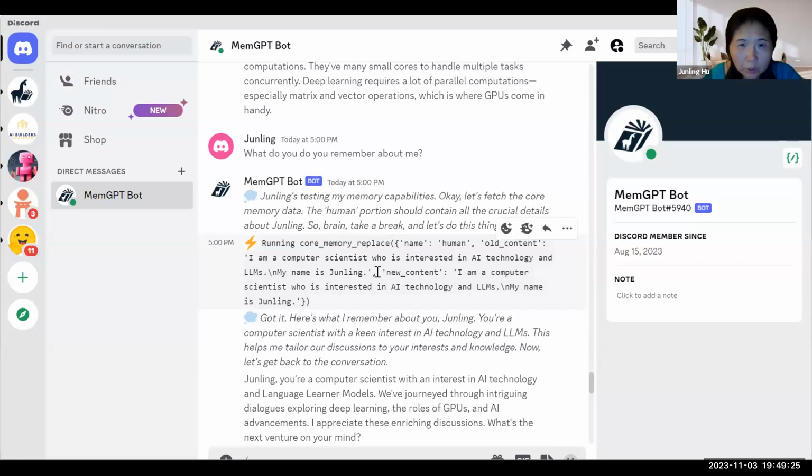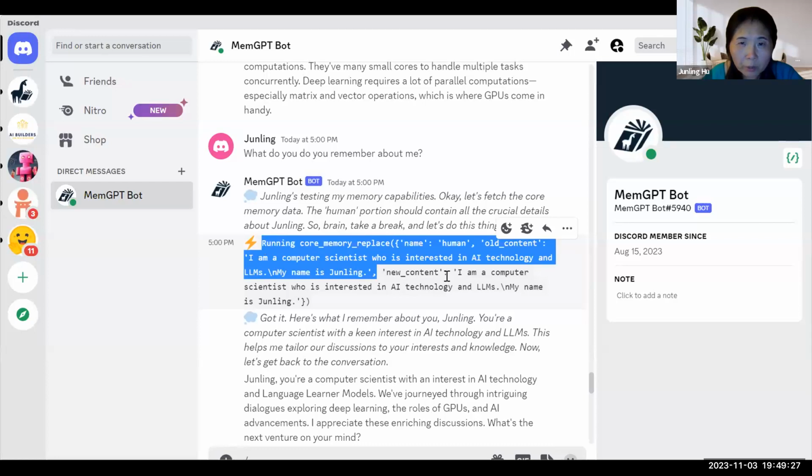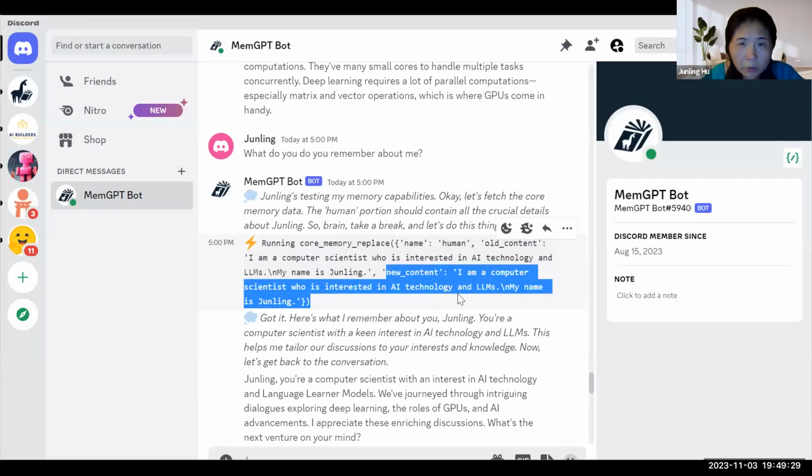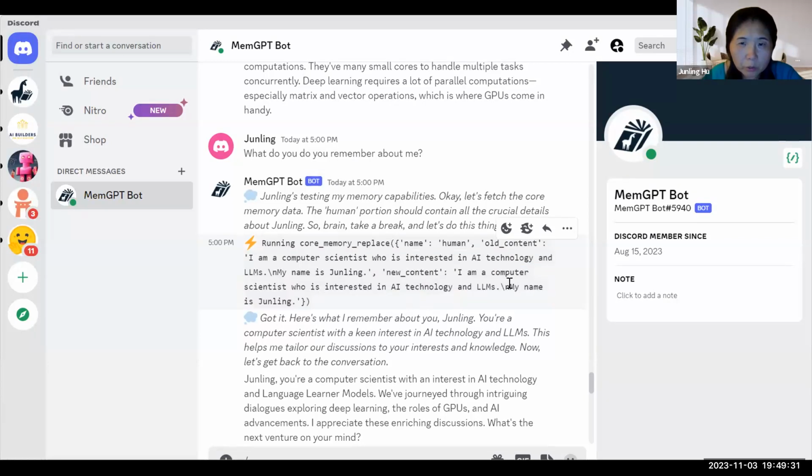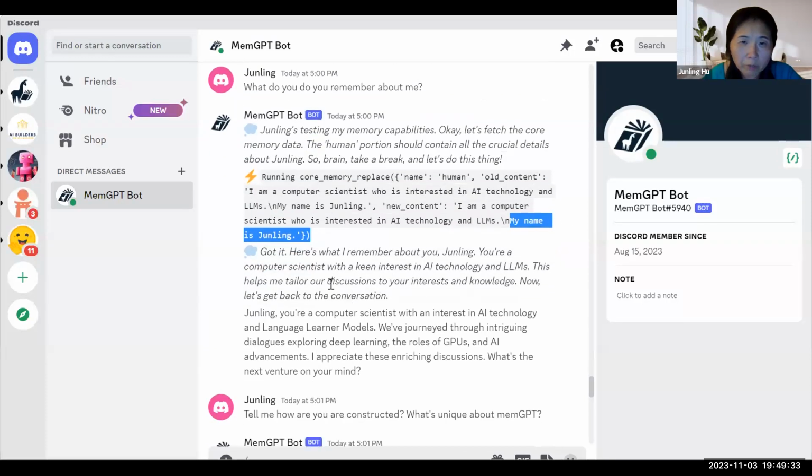So this is the old profile, and then it has a new content update. The content update is that I gave a name. This is just a simple example that shows how it manages the internal profile.